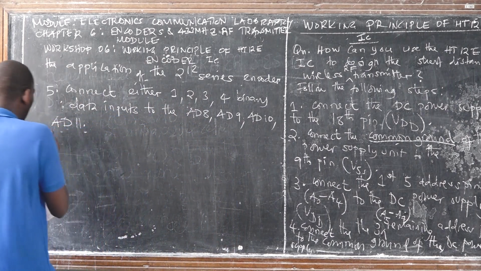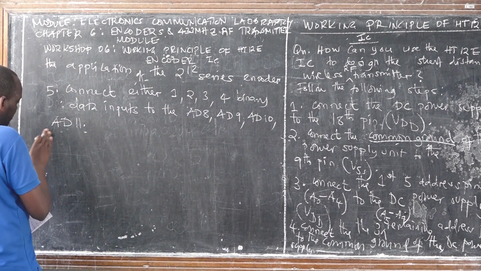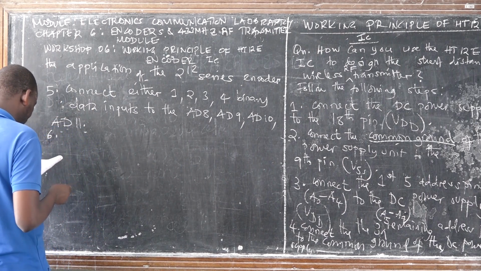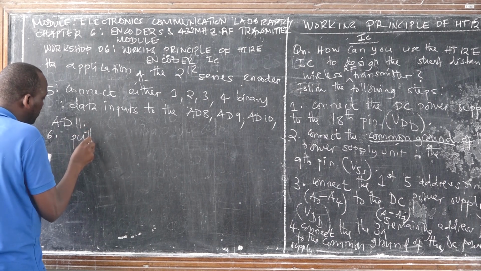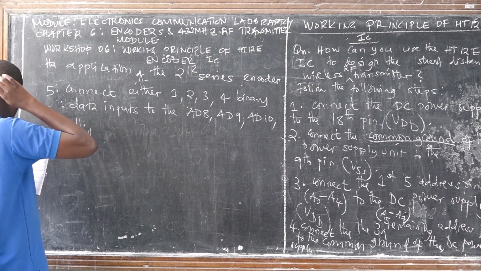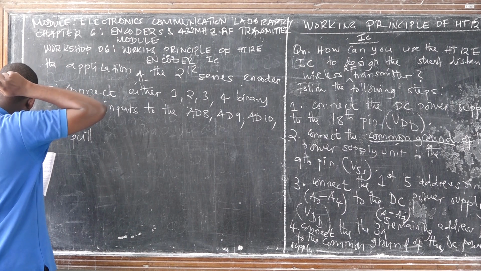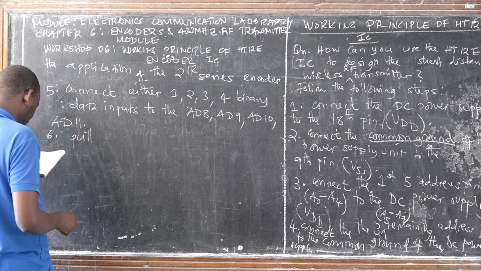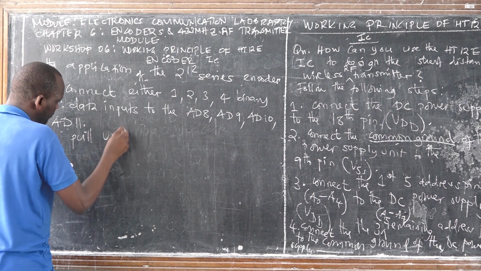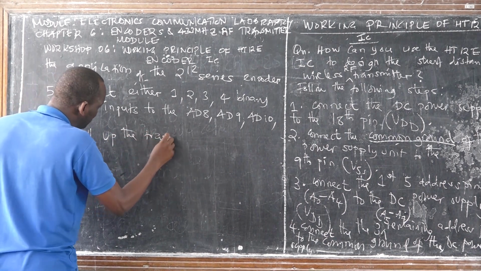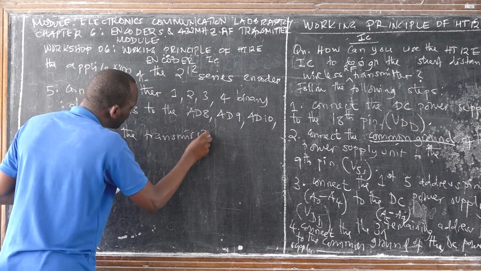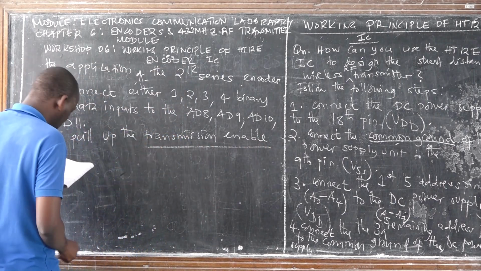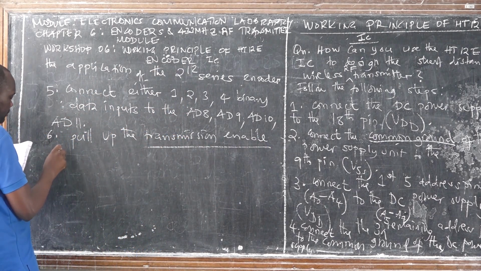Then the next is step number 60. Step number 60. We say that we have the next pin, which is pin number 10, 11, 12, 13, pin number 14. Then we say pull up the transmission enable pin,